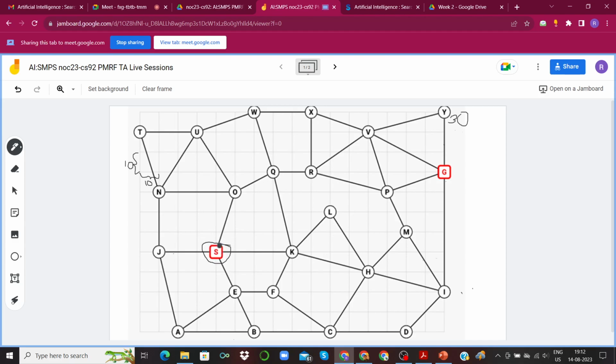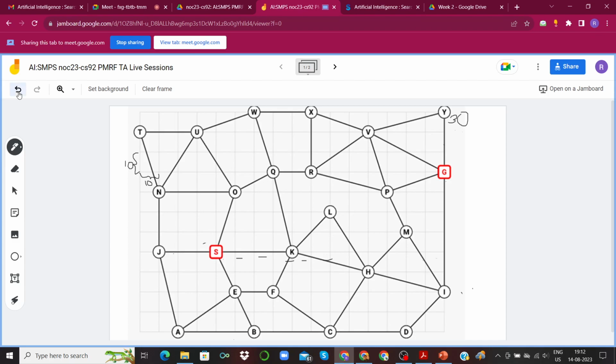it is going to look at the heuristic values of all the nodes that it could go to from here, which in this case are E, J, K, and O. So let's first calculate the heuristic value for all these nodes. Let's calculate it for the S node as well. It's 1 block, 2, 3, 4, 5, 6.